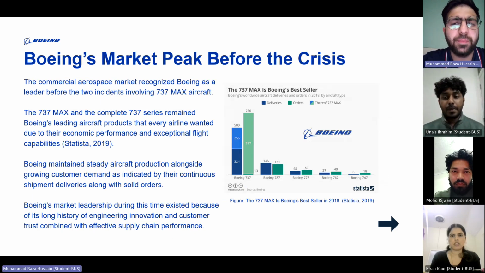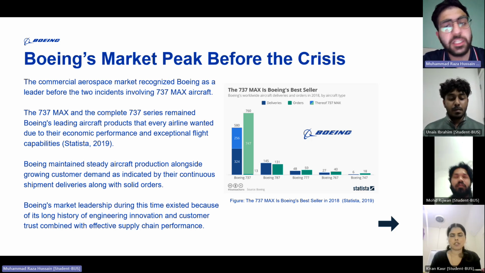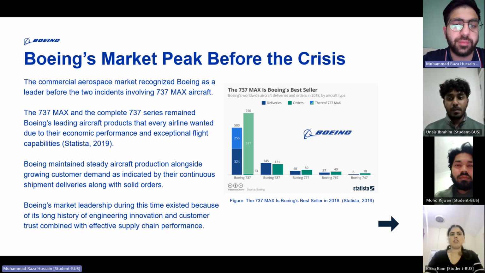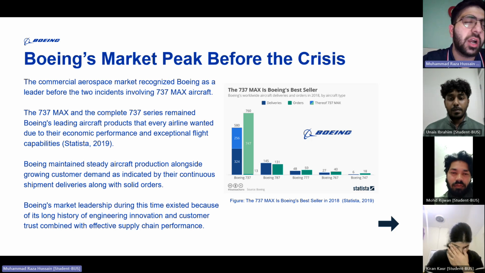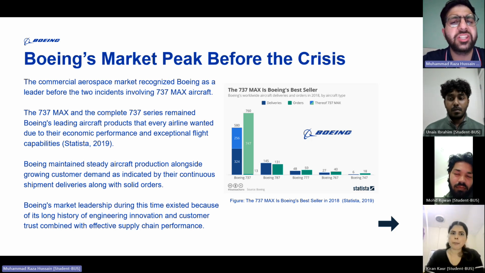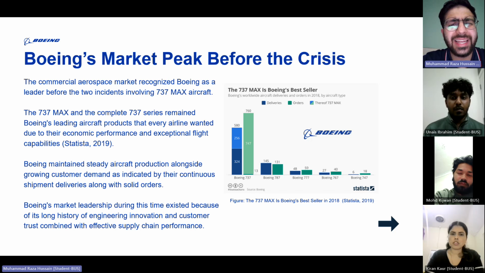Boeing plays a critical role in the US economy, contributing over 61 billion in revenue in 2020 alone. However, recent years have been turbulent, with the aircraft accidents in 2018 and 2019 killing a combined 346 people, marking the beginning of a steep decline. The aircraft was grounded globally, causing losses exceeding 20 billion.